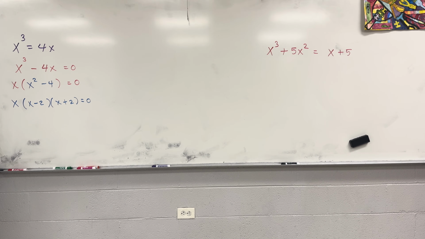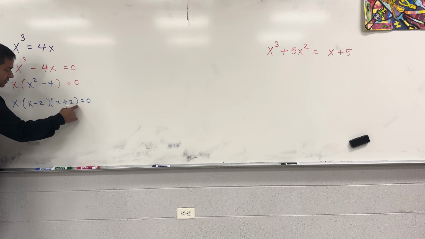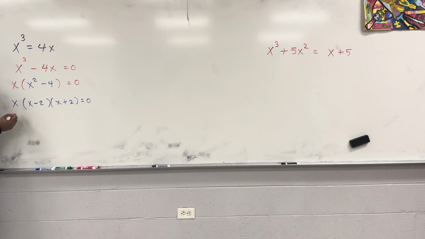So if you look at the very last line, how many factors do I have here? 3 factors. That's where your 3 solutions are going to come from. Are we good? Is that fine? So I have this times that, giving me a 0. All right, for that to be true, either that has to be 0,